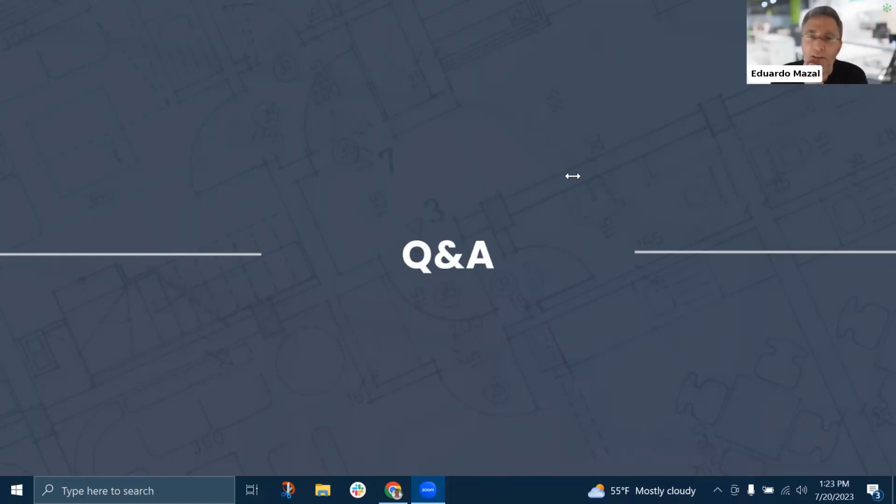Yeah, I think there are a couple of questions here that merit clarification. Project Lead Finder is purposely going after early stage projects. So GCs have the opportunity to contact owners and architects before a GC. Correct.